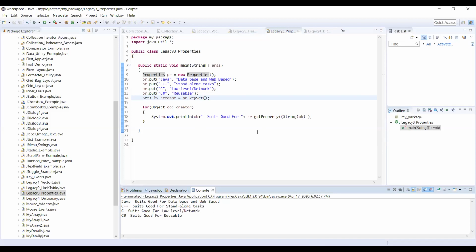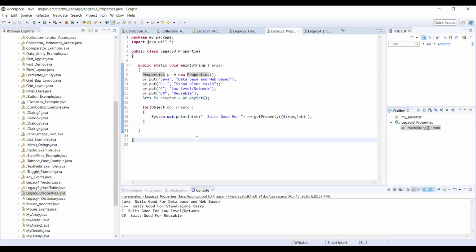And if you get the get property from this key set, I can get the suitable technologies. So I am making use of java, which is good for database and web based, and c++, which suits standalone, and c, which is good for low level or network programming, and c sharp, good for reusable. So this is the way you can make use of the properties, friends.